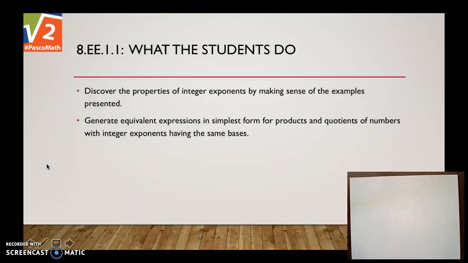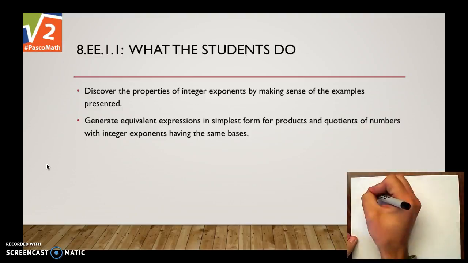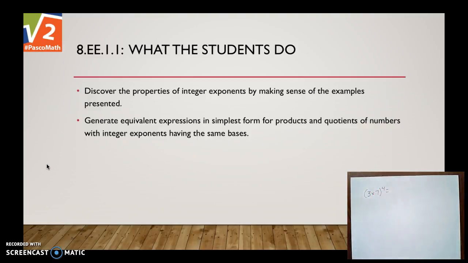So let's look at what the students should be doing. And again, the teacher should set up the conditions for students to discover the properties, and the students are the ones that need to discover those by making sense of the examples. One we didn't talk about was discovering a property such as, let's go 3 times 7 to the 4th. And so we want to make sense of this. And so again, anytime there's a power, and we're trying to get to the rules, we want students to expand it out. And so, well, that's equal to